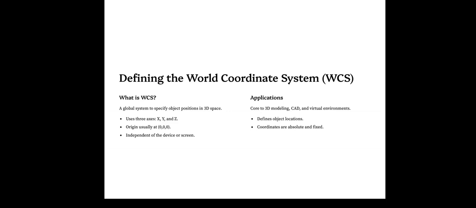For example, 0, 0 could be the center of the scene. It mainly uses three axes X, Y, and Z independent of the device or screen. The applications of the World Coordinate System or WCS are core to 3D modeling, CAD, and virtual environments. Define object locations. Coordinates are absolute and fixed.